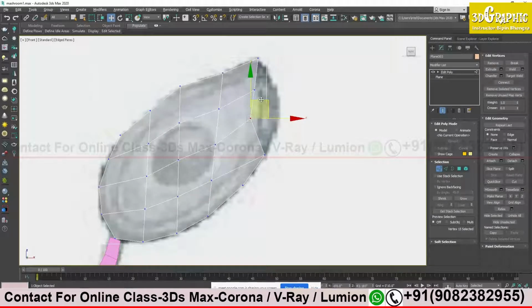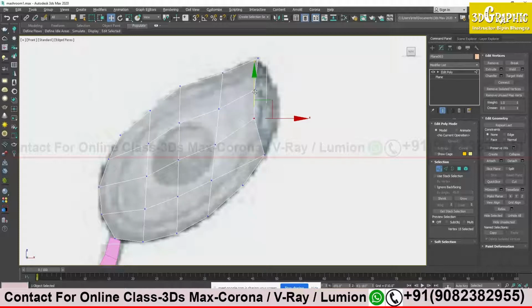You see the color is changing. That means that particular axis is getting highlighted. For the X axis, if I'm moving my mouse cursor toward my X axis, only the X axis is highlighted. Now I can move my vertices on only one axis. This is axis constraint. I cannot go on the Y axis.